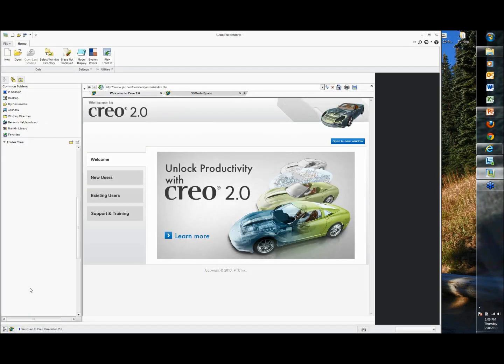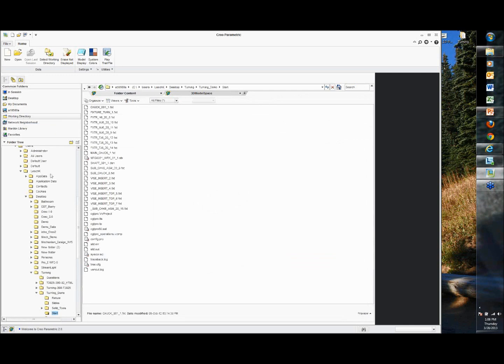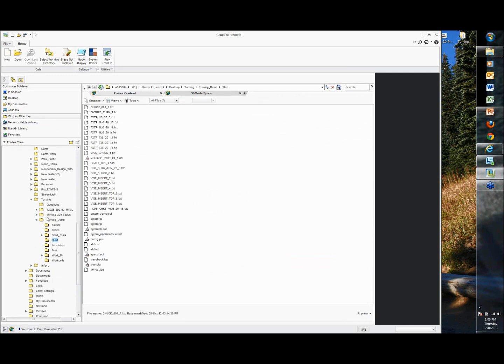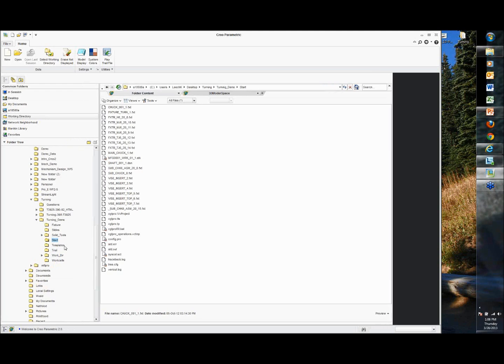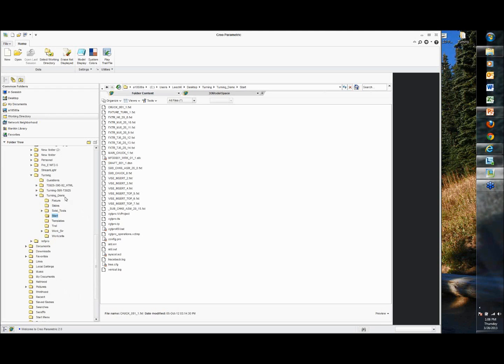So again, if you want to see something later on that's specifically about Wildfire 5 or one of the other versions, just let me know. And we're also not using Windchill in this case. I'm using a network drive. Specifically, for me, I'm setting up a demo for the turning. If this was my day-to-day job and I was using a network drive, I would have it start in a specific directory. It picks up the secondary config.pro, which, if I was looking at Windows Explorer,